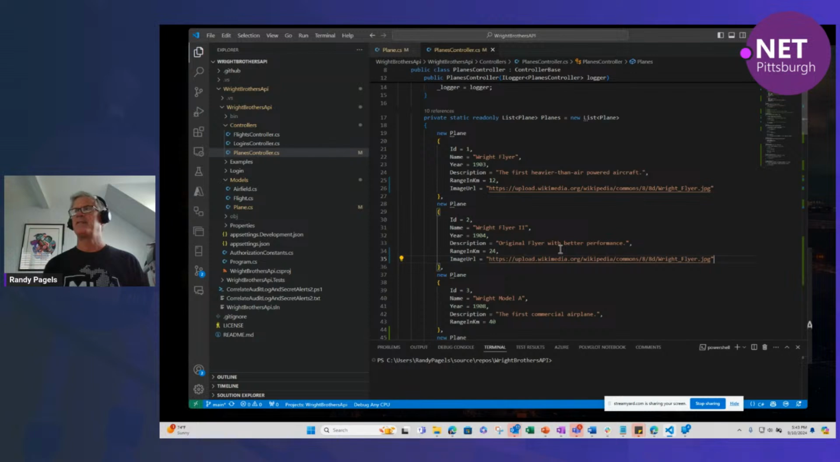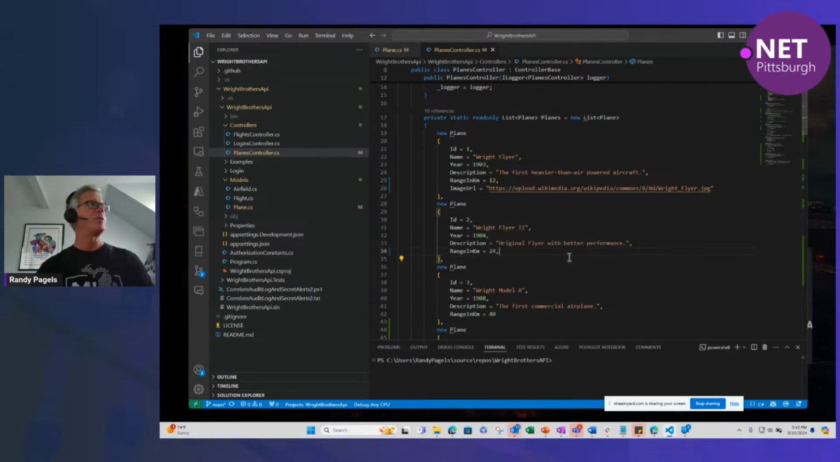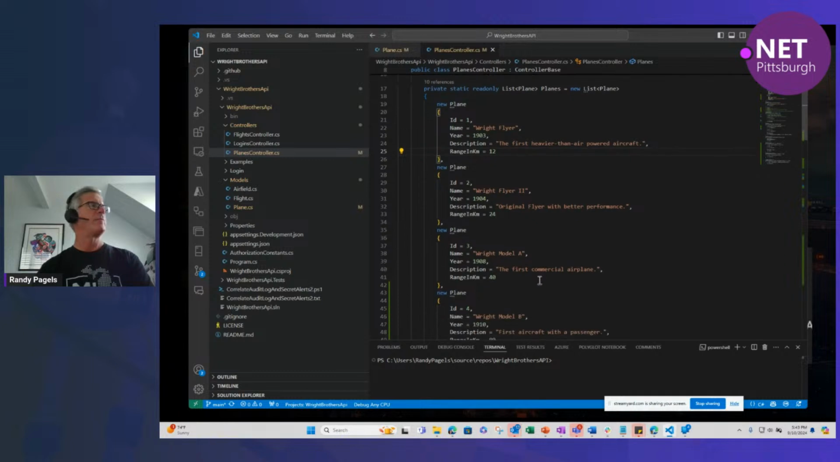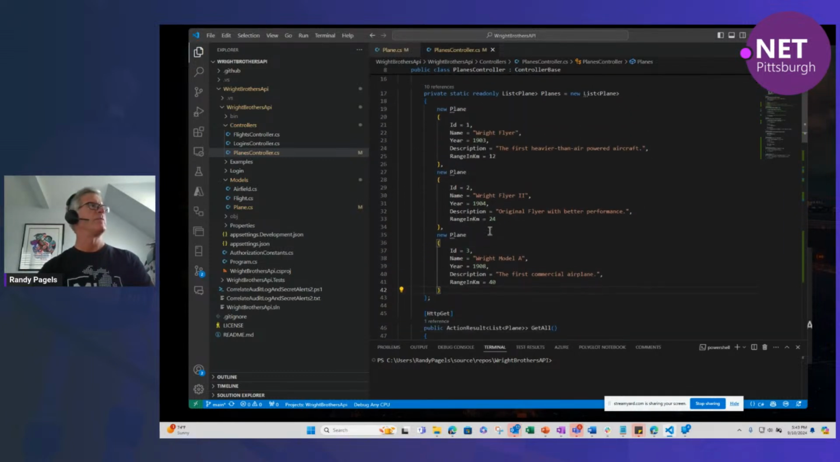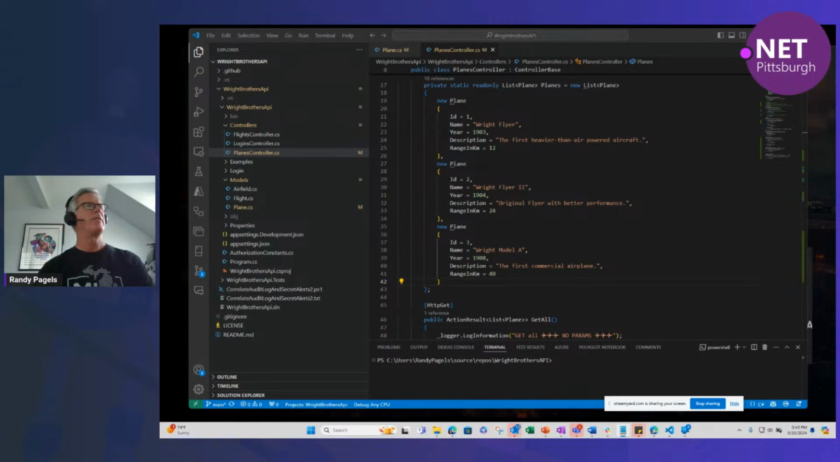Now, if I had a list of 100 planes, that would be a pain in the butt to do this. So let me show it to you the Copilot way. Get rid of that. I'm going to actually delete the 4th plane, make this a little more challenging. And what I can do is use a prompt to better fill this out. So I'm going to go like this. I'm going to highlight